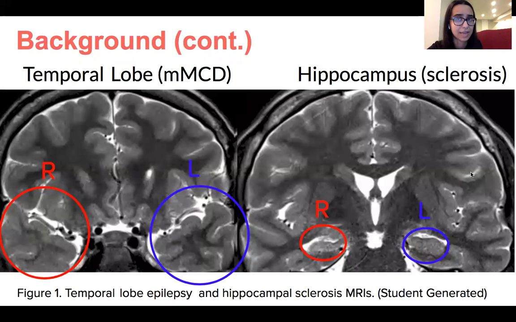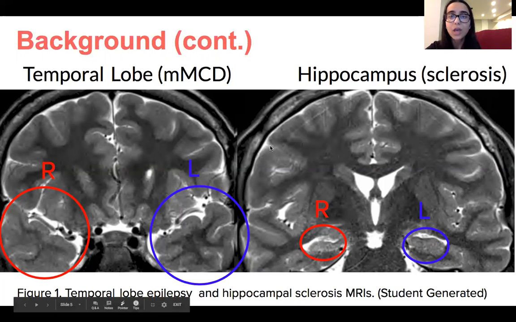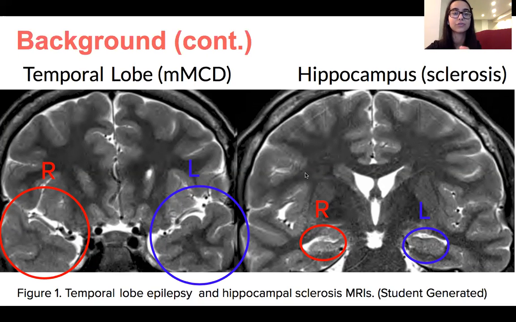In this dual pathology patient's MRI, you can see the brain on the left and the difference in the white matter of the right temporal lobe brain and the left one, that there is definitely a difference between them, meaning that the temporal lobe MMCD is prevalent right here. And on the brain on the right, you can see the shrunken hippocampus on the right compared to the larger one on the left. And these MRIs are like you're looking directly into them, so that's why it's backwards, right and left.